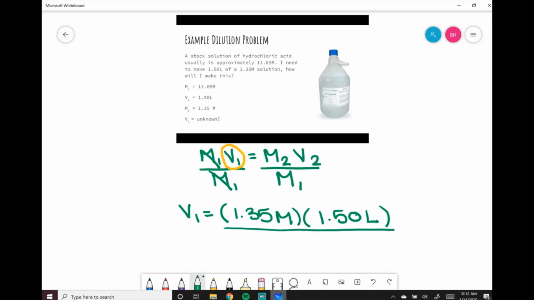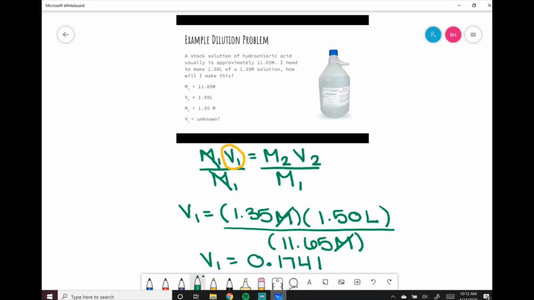And I'm going to divide that by my original molarity, 11.65 molar. Notice that my units of molarity cancel out, and I will have units of liters, and that will be my volume. So when I solve for this, what I end up getting with three significant figures is